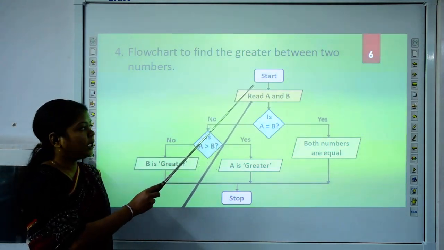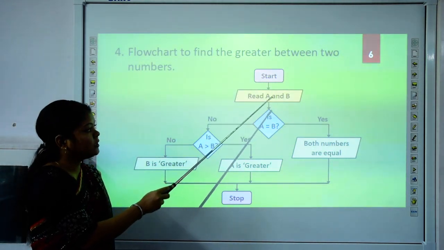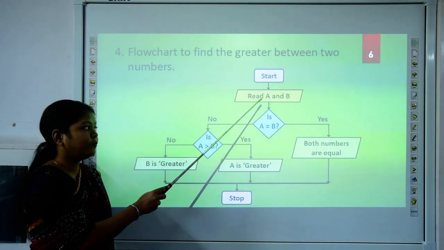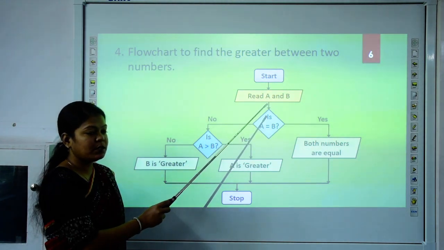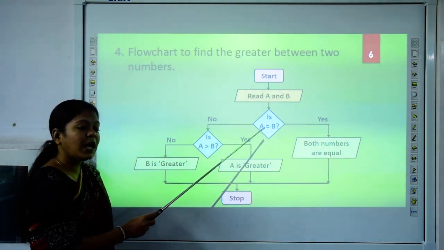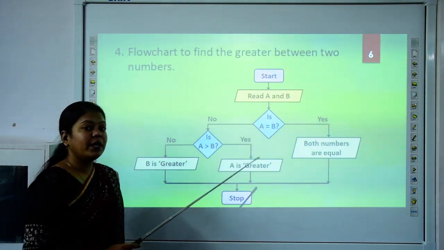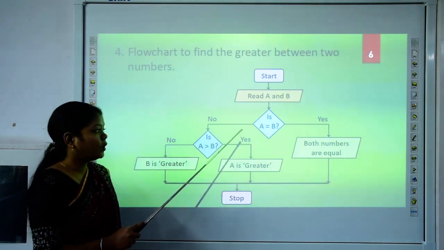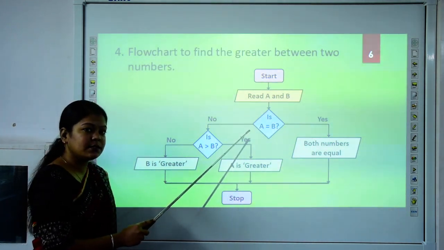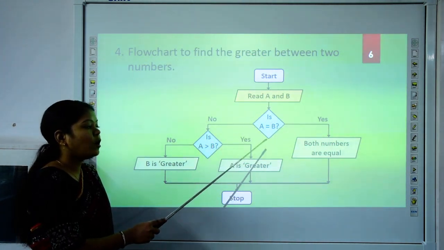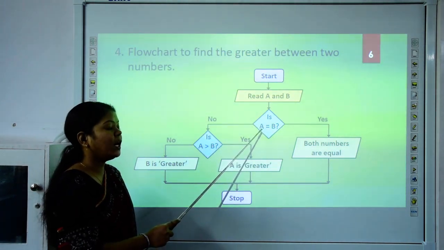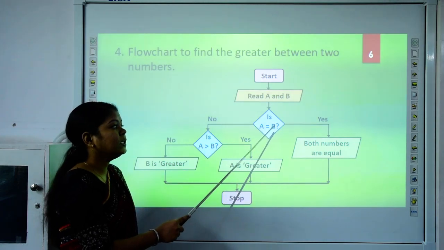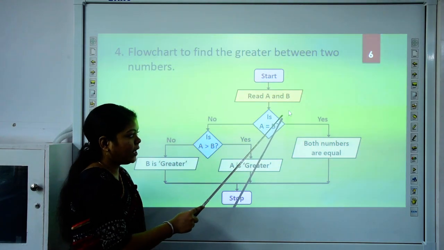To start the flowchart, we have to draw the start box. Next, to take the input, we have to write read A and B in the input box. Next, we have to check the condition if our number A is equal to B. So for the condition we have to draw the decision box. Okay. So decision box is a symbol which is used to take the decision. Okay. If our number A is equal to B, then we will move to the true part.